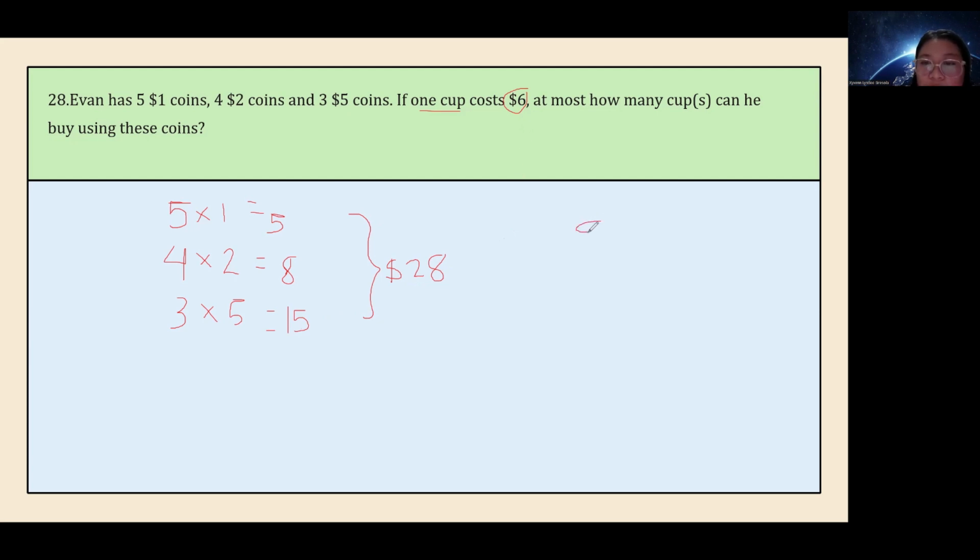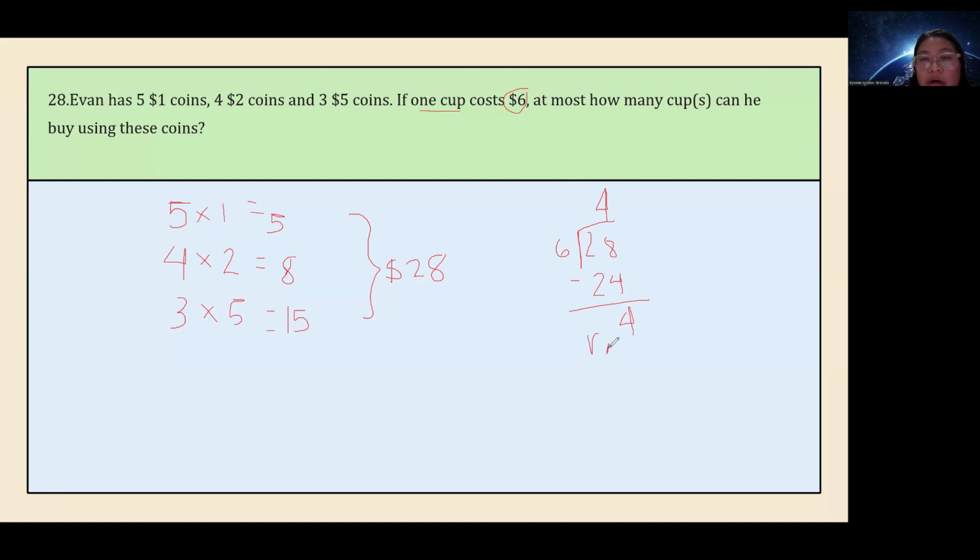Okay? So we have to divide 28 by 6. Okay? And I guess the multiple of 6 closest to 28 is 24. So this is 24, and 24 is just 6 times 4. So we write 4 here. 4 times 6, that's 24 again. So 28 minus 24, it's 4.